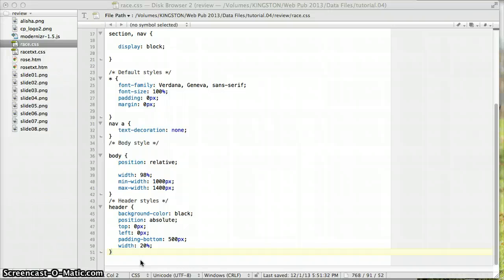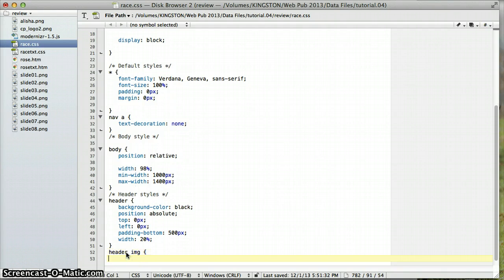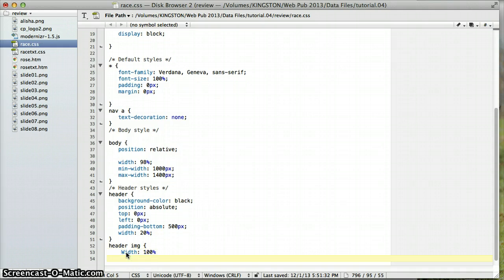For the inline images within a header element, set the width to 100% of the width of the header. We're going to go ahead and do that. So I'm going to click enter, and we're going to put in header image bracket, and then underneath that I'm going to press tab key, width, and we're going to click colon, and then we want that to be 100% of the header, so let's go ahead and key in 100%,